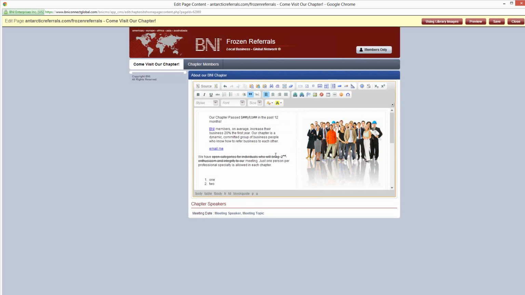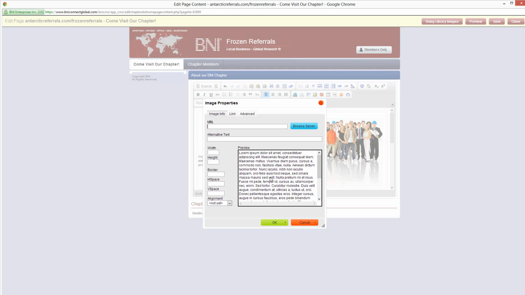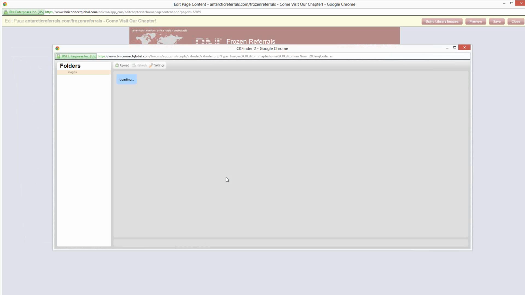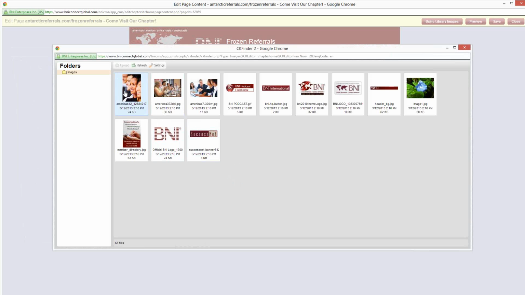The next thing you may want to do is start adding pictures to your site, and this is where it's important to make sure that they're in your library first. We would click on the image button and then click Browse Server. This is going to open up a new window, and we'll see that it has some stock photography, but we can see that it has the BNI logo that I uploaded earlier that we can then put into our website, as well as this header that I put in here earlier as well. Just click on the